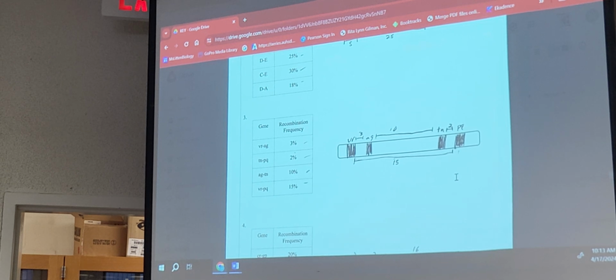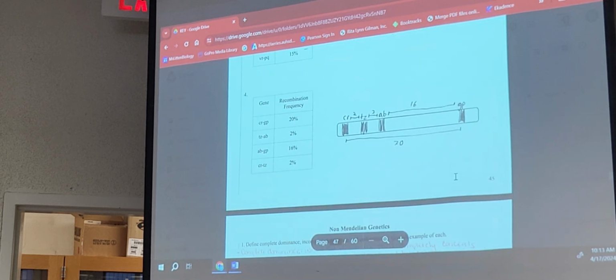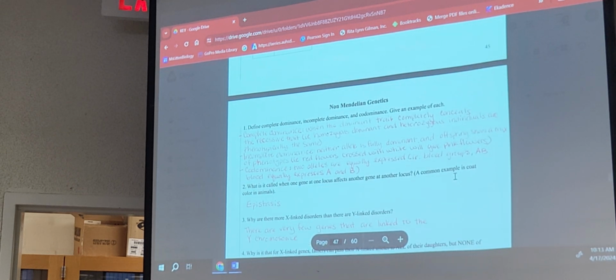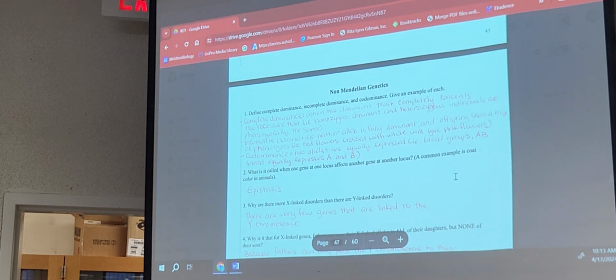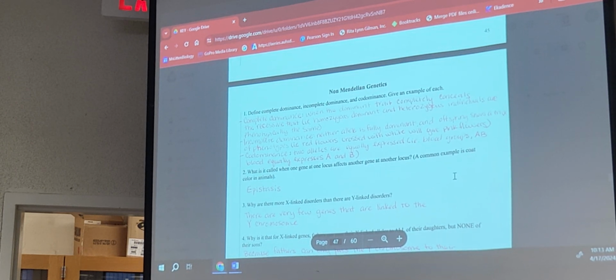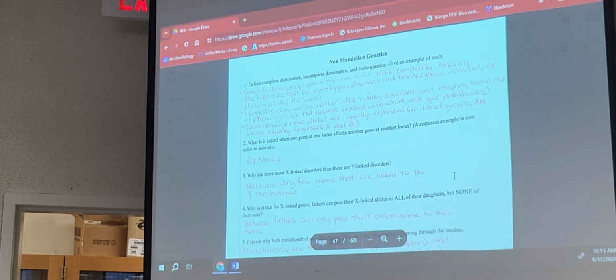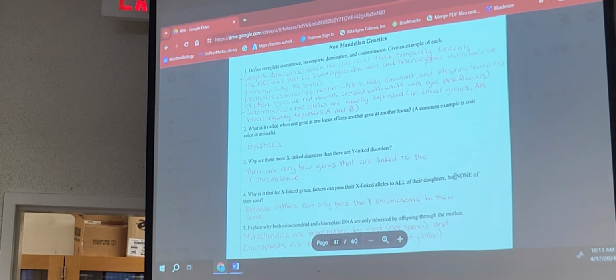Another one, this one was fairly straightforward. Non-Mendelian, complete, this wasn't homework, right? Was it? Yeah. Part of homework, it was. Complete, incomplete dominance, codominance. Complete just means if the dominant allele is there, whether you have 1 or 2, it's